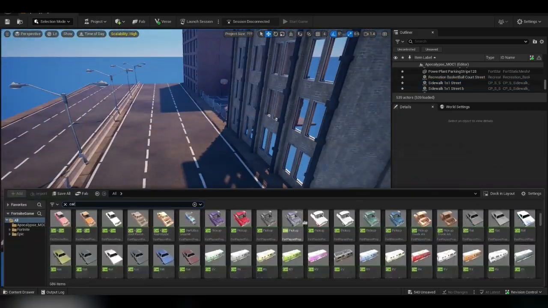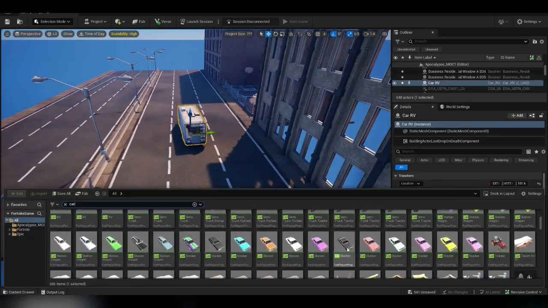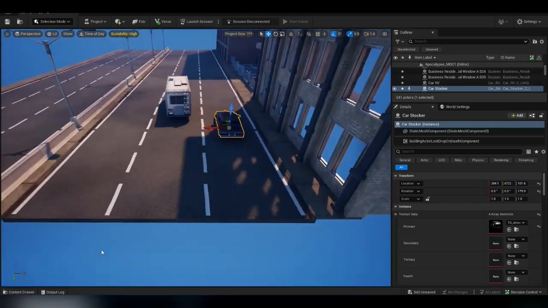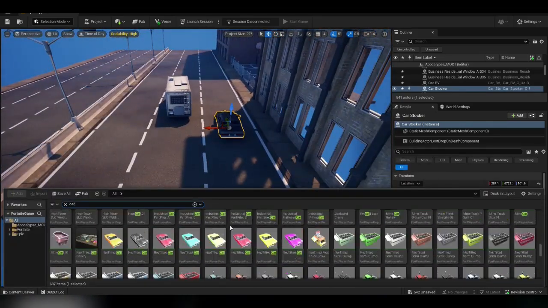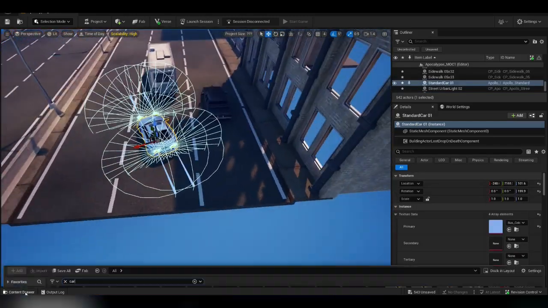So here comes the part that I've personally been really excited for. I've been waiting for this the entire time. All the buildings and everything that I've been building, that's just some background additional details to make the whole map come to life. But the whole reason I even put this map on the list was because I wanted